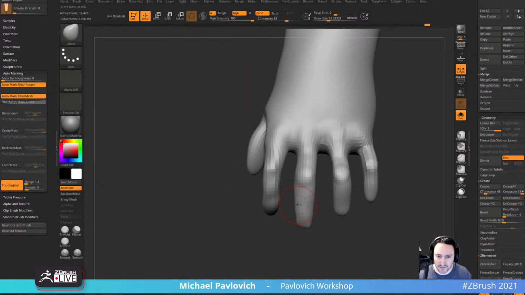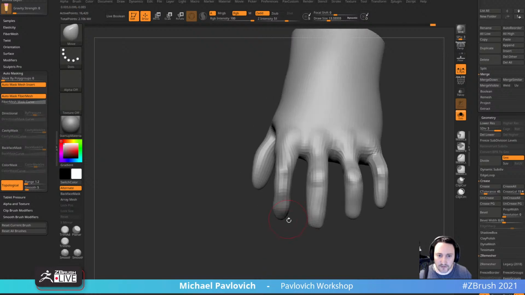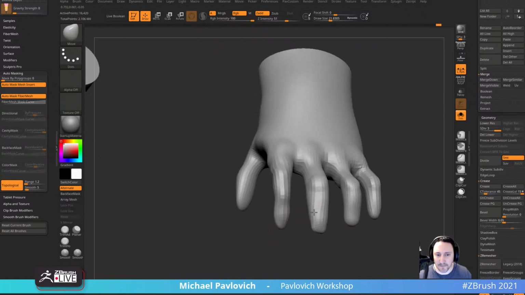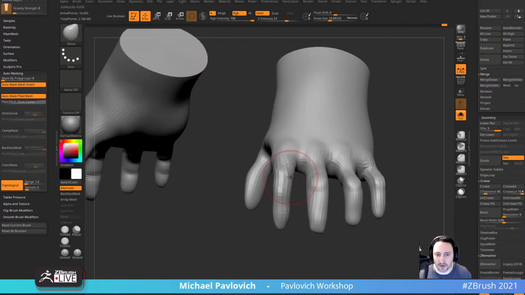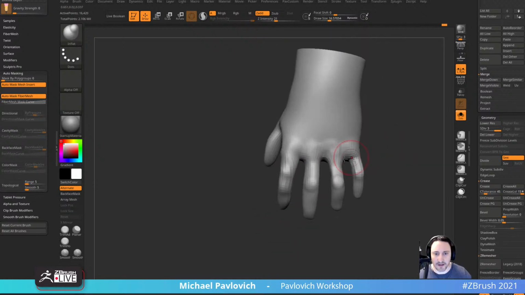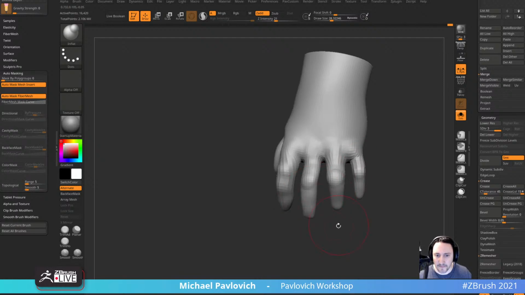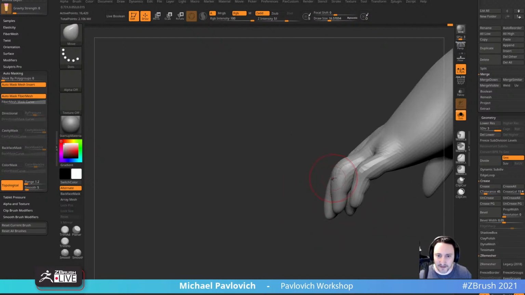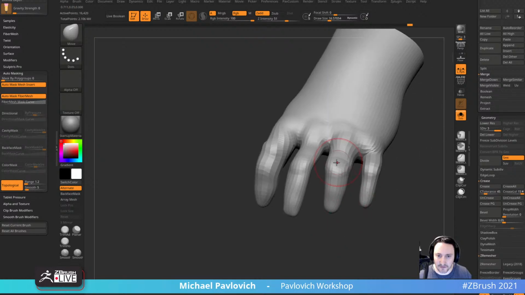And it might have been easier now that I'm doing this, it might have been easier just to make hands from ZSpheres like we were doing earlier, or just use primitives to dial in your finger proportions and duplicate that finger around, because these fingers got all out of whack early on in the process. But I think we got them dialed in-ish. Got a bloated finger over here, but